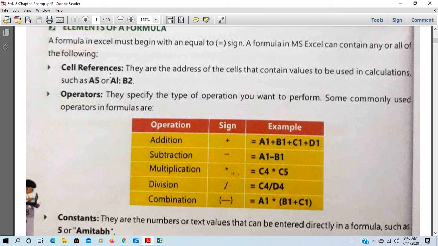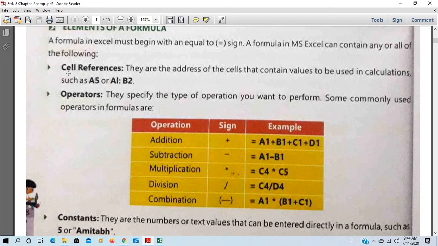Cell references, what? Referring to one cell or a group of cells. For example, see A5. It is referred to only one cell, and here A1 to B2. It is a range of cells, means a group of cells is known as range of cells, and single cell is single cell.